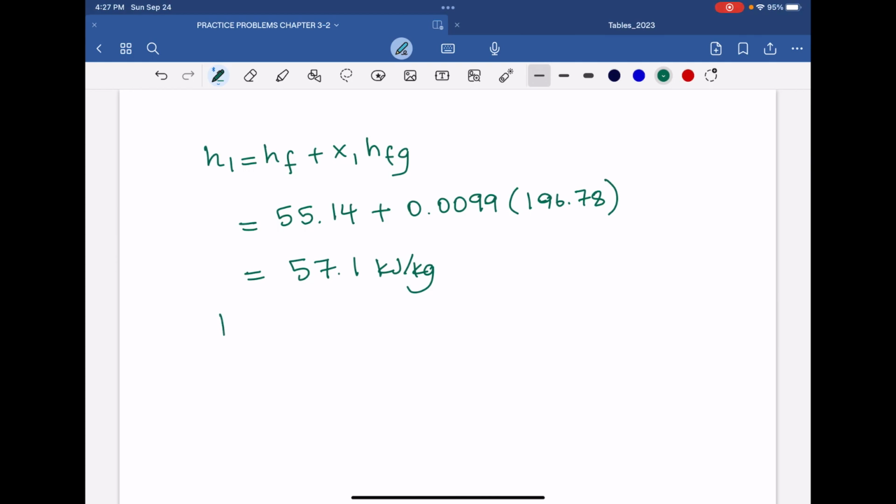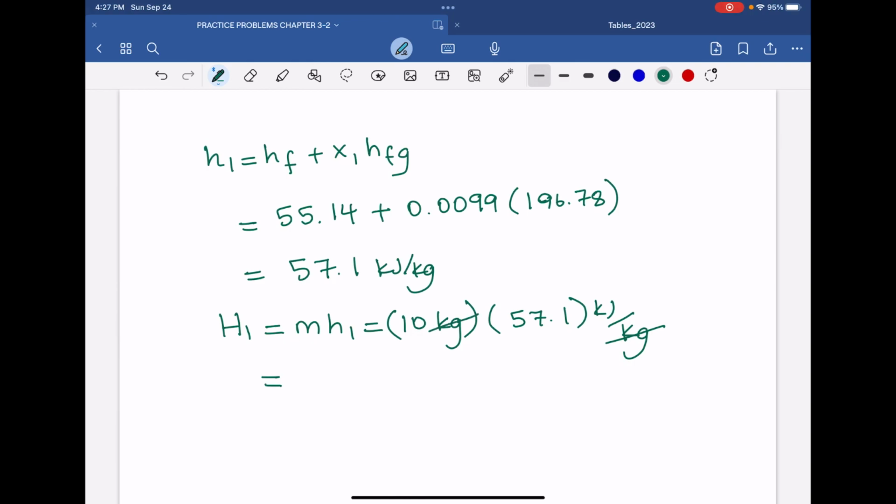They asked for the total enthalpy, so that means we need to multiply mass with the specific enthalpy. Mass was, I think it was 10 kilogram, right? And 57.1 kilojoule per kilogram should give us the total enthalpy in kilojoules. Okay, so we found the enthalpy too. All right. Now let's take a look at the second